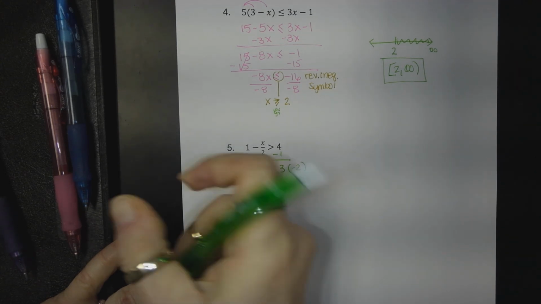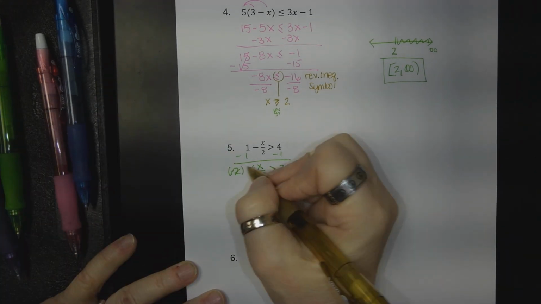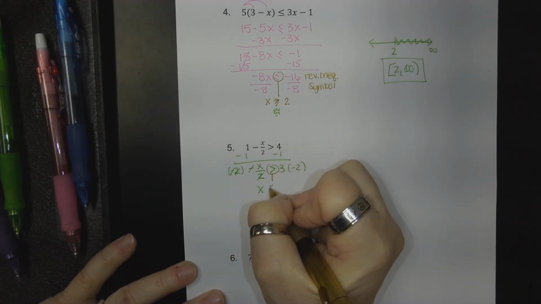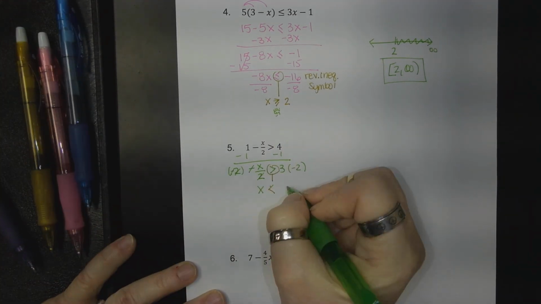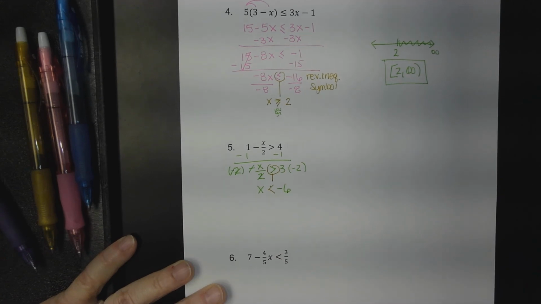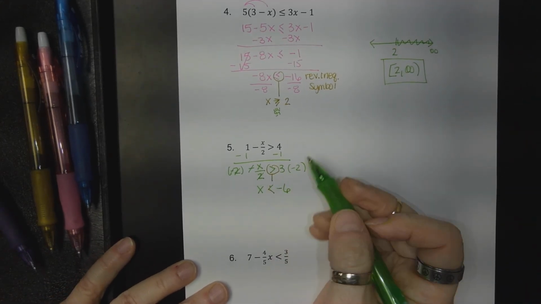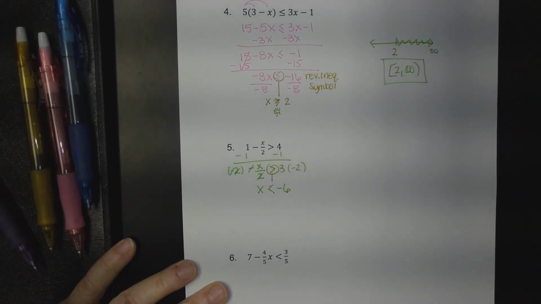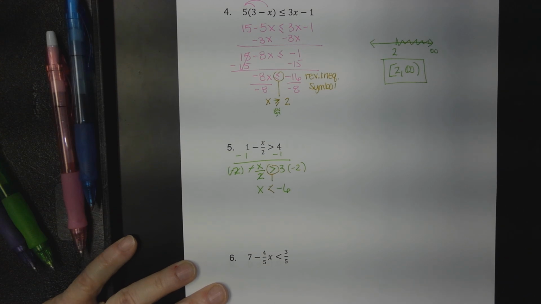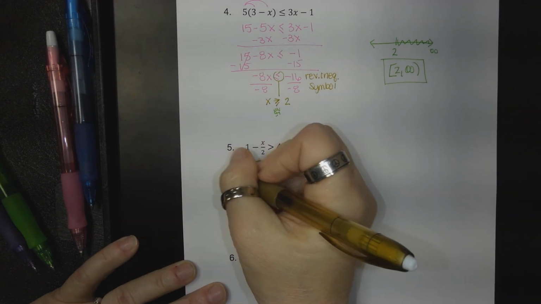is, we have to reverse this inequality sign, remember, because we multiplied by a negative. So this is going to be, there we go, negatives. Because anytime you multiply by a negative, you have to reverse. Multiply or divide by a negative, you have to reverse the symbol. So,